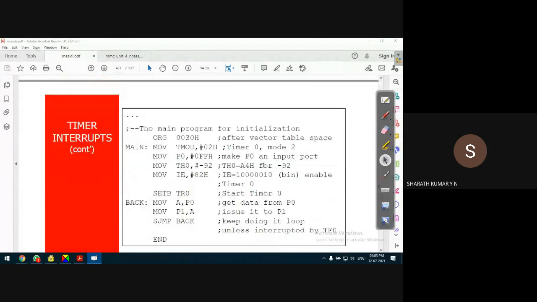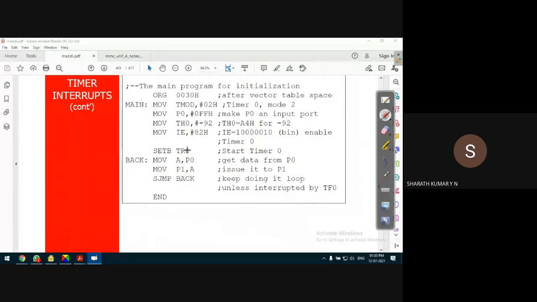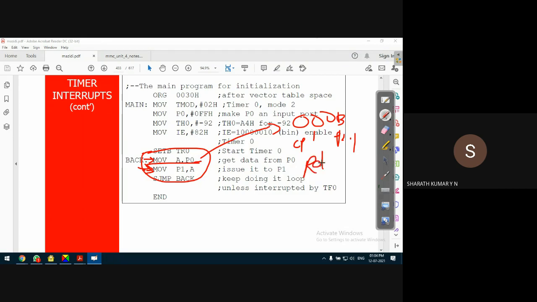So that's how these two lines are executed continuously. Whenever the interrupt occurs, the microcontroller will complete the instruction, whichever one it is executing, any one of these instructions. It will go to the ISR, that is 000BH. There is only one instruction, complement P2.1, which will be executed. On execution of the RETI instruction, it will go back to the next instruction and continue the execution of the main program.